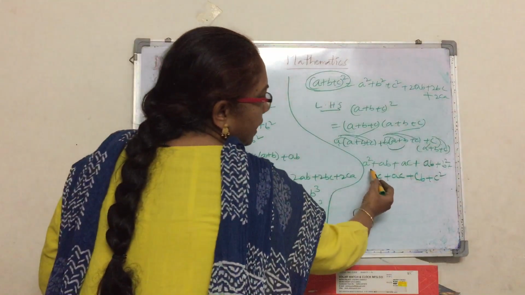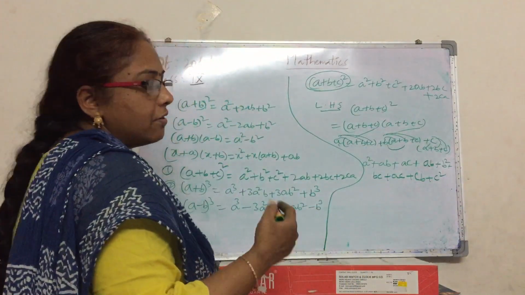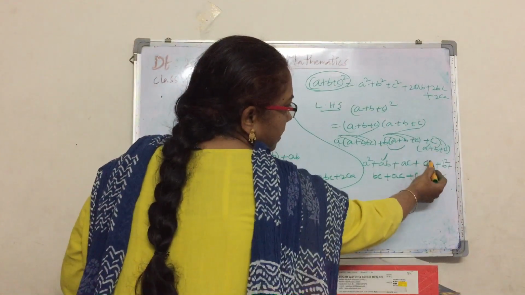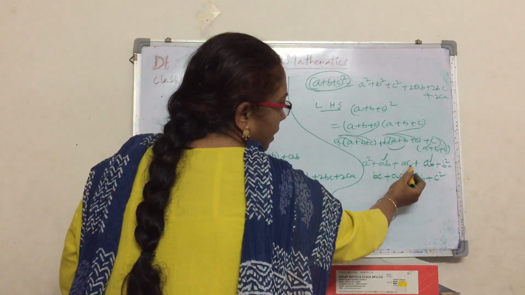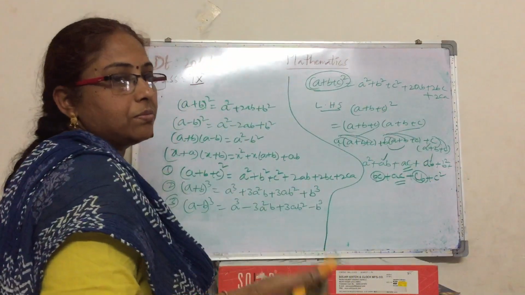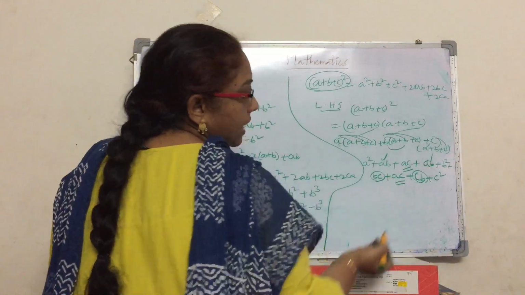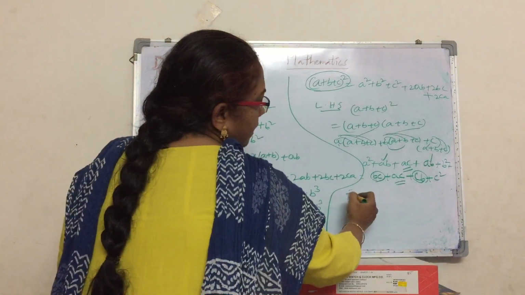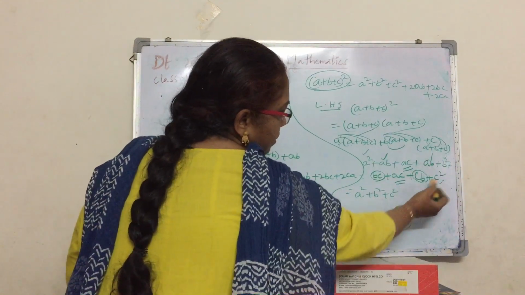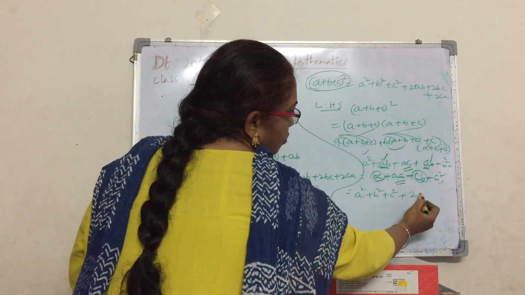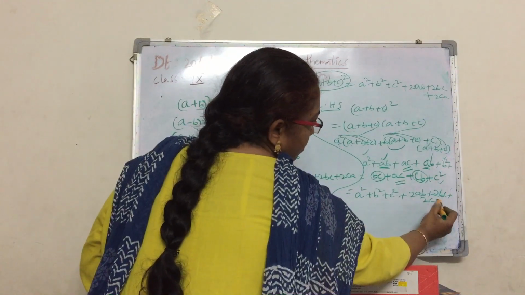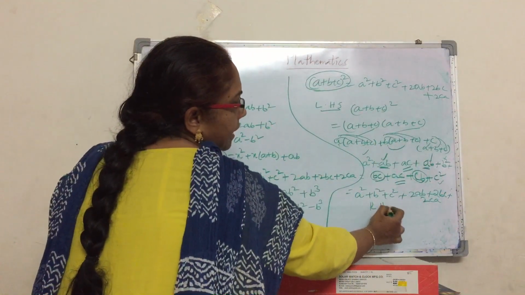Now in this expression find out whether any like terms are there or not. Here ab, is there any ab term? Yes. Here one more ab. Here ac, ac, and bc, bc. cb and bc are both the same. Now simplify the like terms, write the answer. So here a square plus b square plus c square, plus ab plus ab is 2ab, plus 2bc plus 2ca. So which is nothing but the RHS.